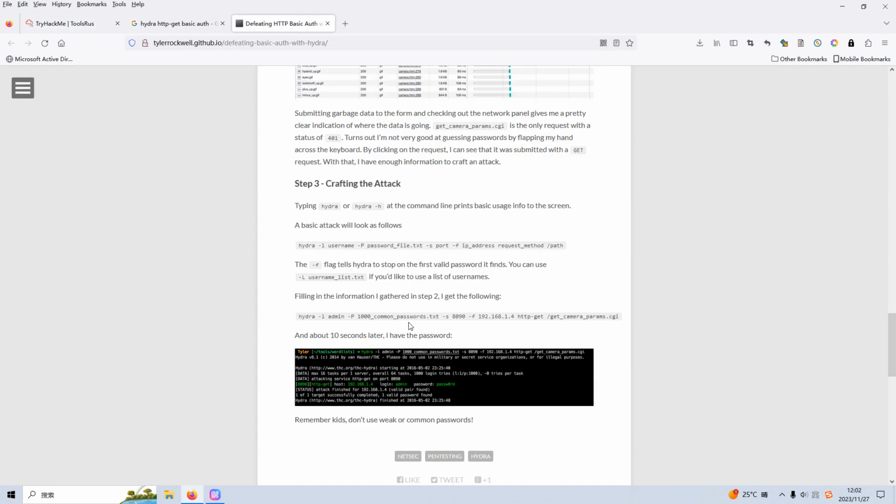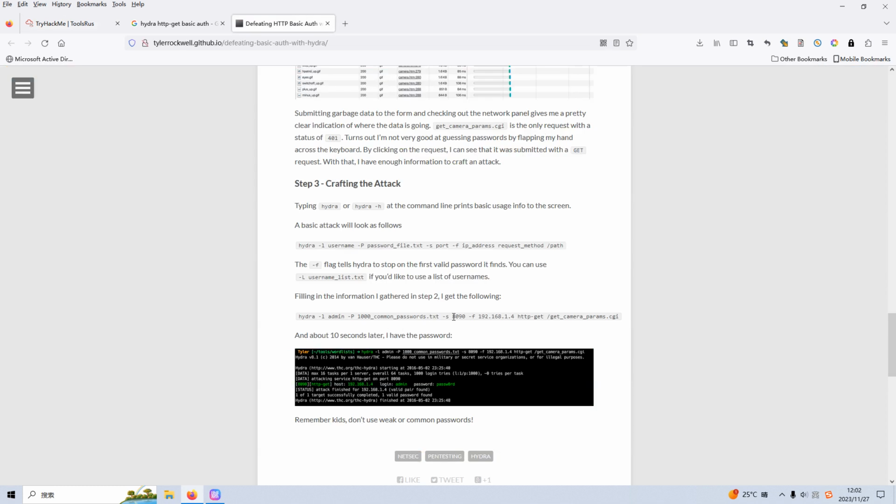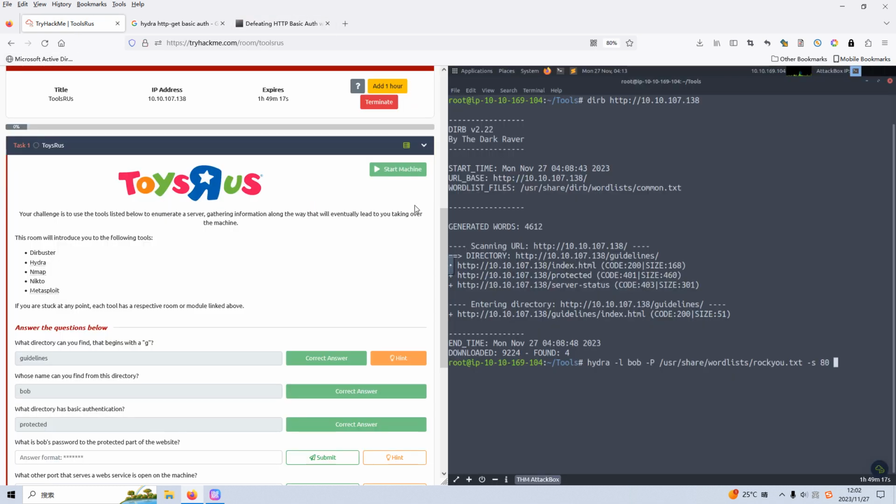Next, we need to specify the port number. In this case, the port number is 80, followed by the F option and the target IP address,